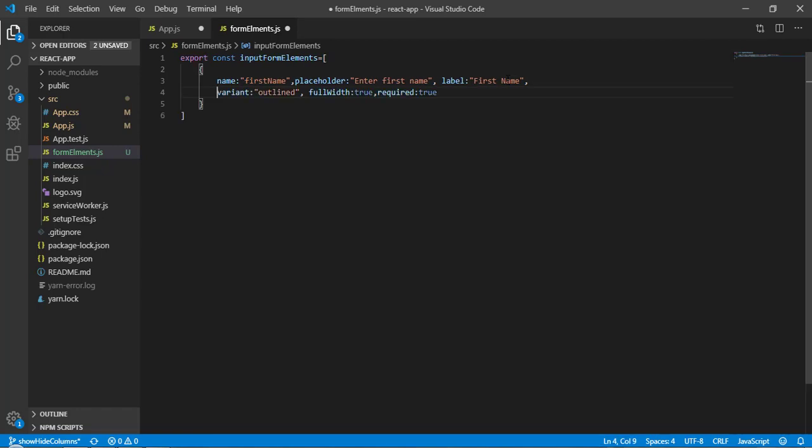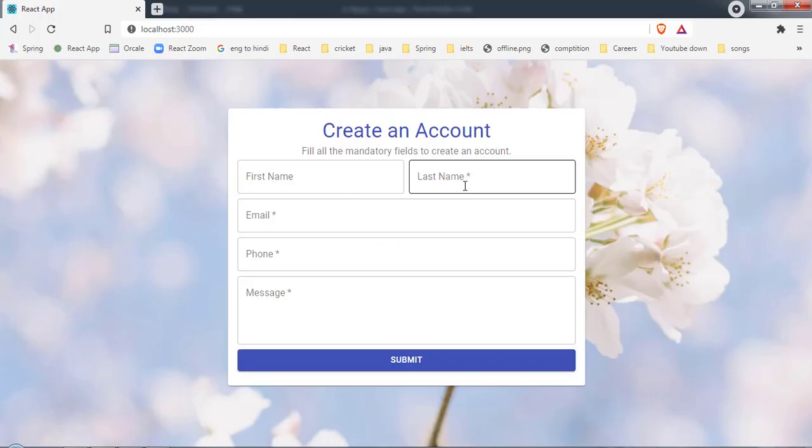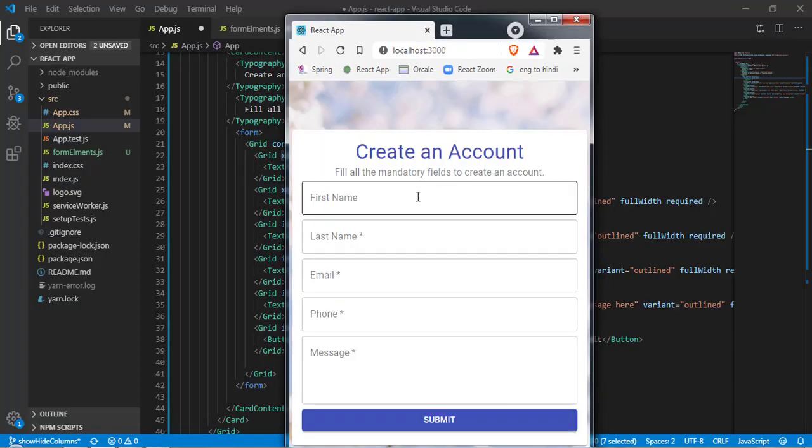Now let's break the line here. So we have these properties, and you might have noticed we have an additional property as well: the size, meaning what size we want. As you can see, both text boxes have adjusted themselves in a single line because each is taking half of the space. If I decrease the size of the browser, it is going to take full width.